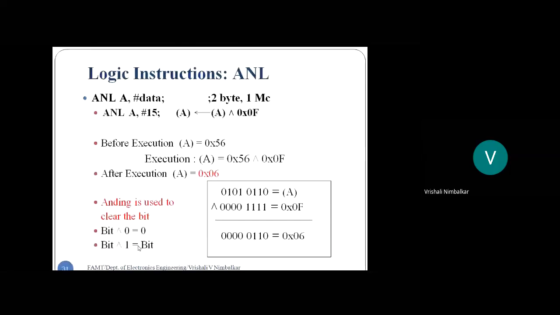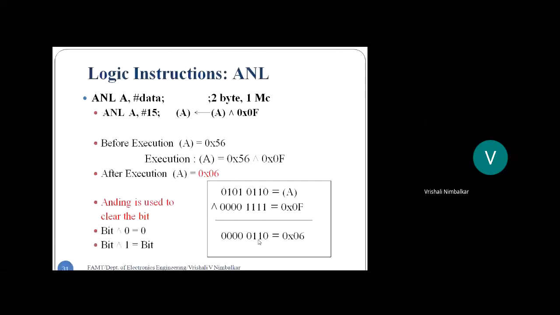Correct? See here, in our example, 5 (0101) was ANDed with 4 zeros. So what was the output? All 4 zeros. But then 6 was ANDed with all ones, 1, 1, 1, 1. That was F. So 6 ANDed with all ones, I got the answer 6 as it is.